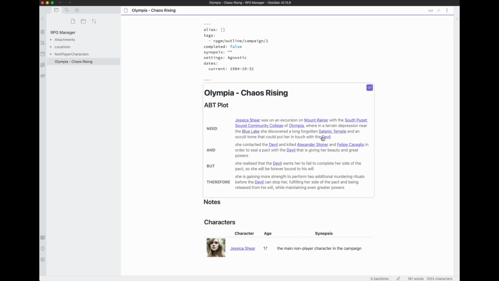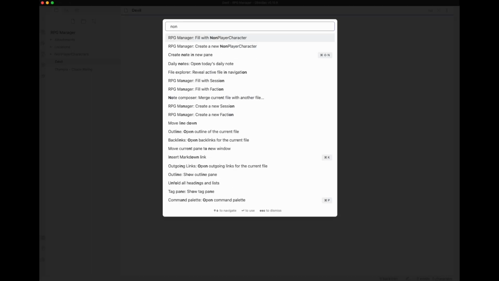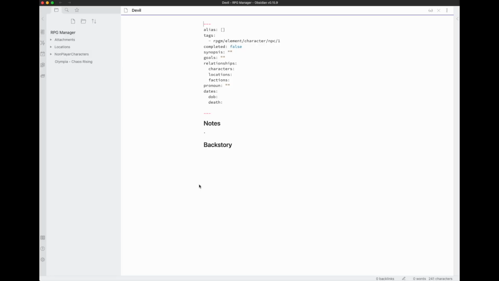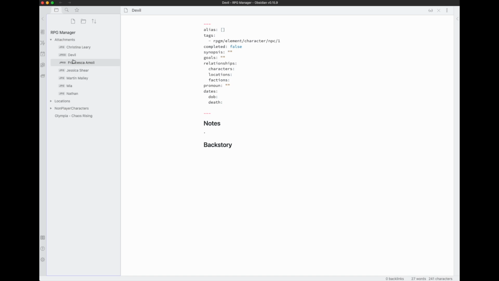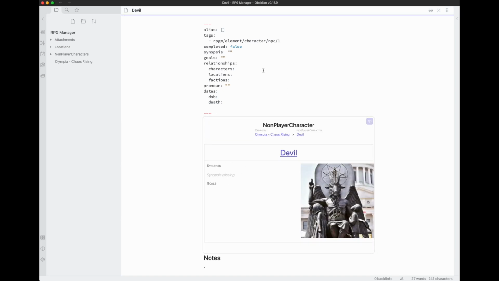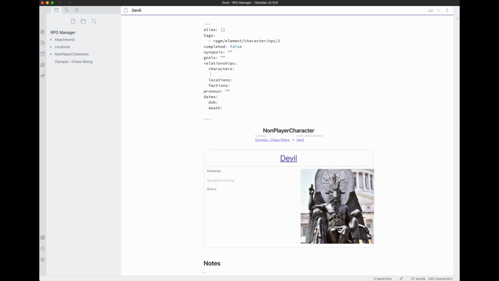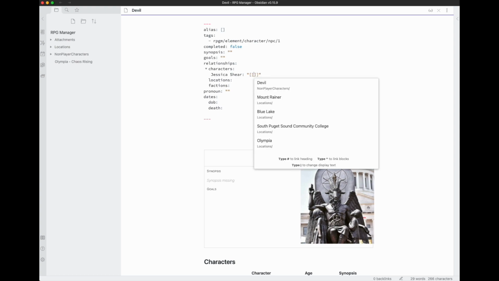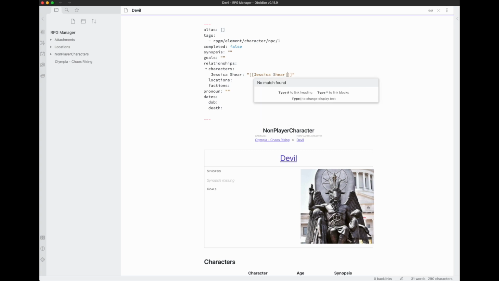Okay, let's create the devil as a non-player character. And for some of these non-player characters, I've already created some of the attachments. So this is why they will pop up automatically. And as you can see, for the devil, let's explore relationships between characters. In this case, he has a relationship with Jessica Shear. And when I write a relationship, I write from the perspective of the current non-player character. So what does the devil think about Jessica? Jessica Shear, let's call her Jessica,